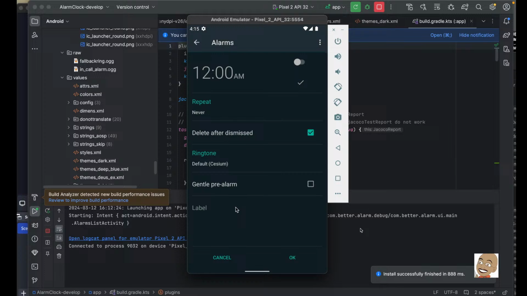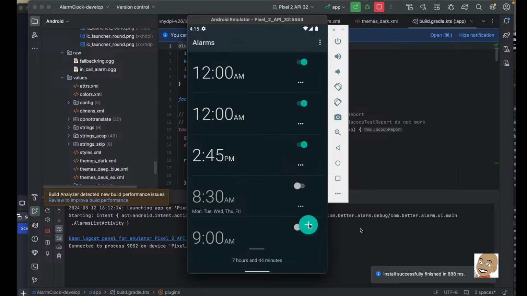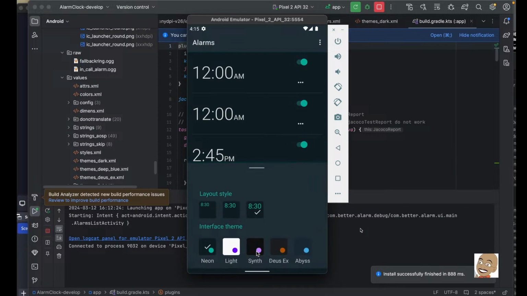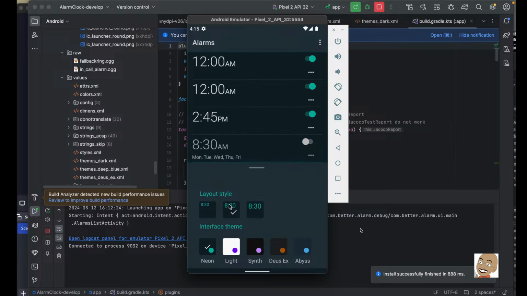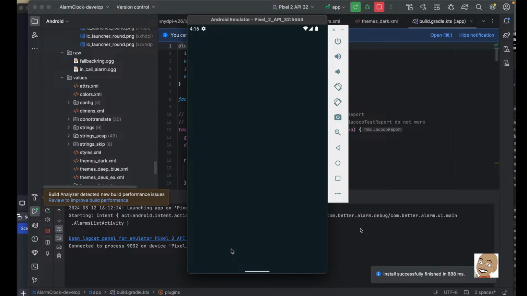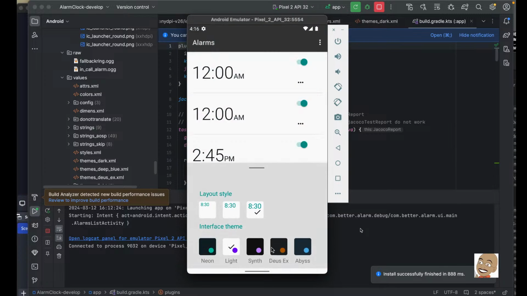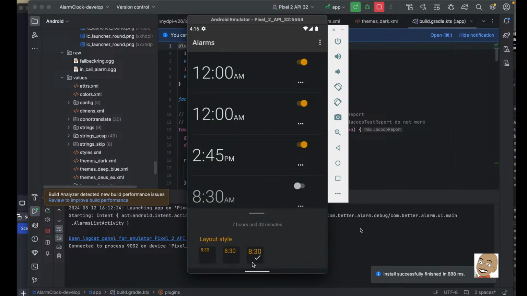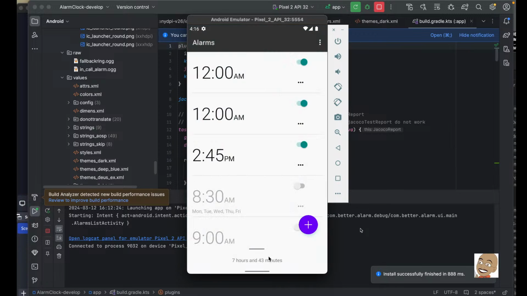Well, yeah, we saw the plus, and then hit cancel, and then down here you can change the theme and the layout style to whatever you like the best. And then you can also change the color here, which is pretty nice as well. They have several dark options, and then they have a light option,